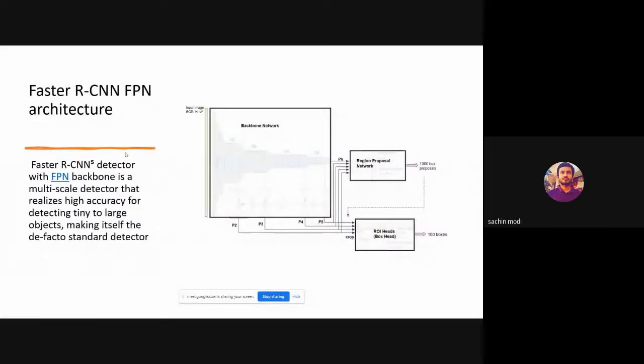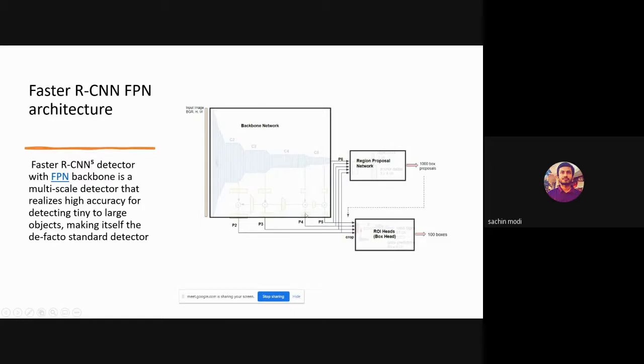So the faster RCNN FPN architecture is the model behind Detectron 2, which does object detection, instance segmentation, semantic segmentation, and panoptic segmentation. There is a backbone network, which in our case is a ResNet 50 backbone, or you can have a VGG backbone.